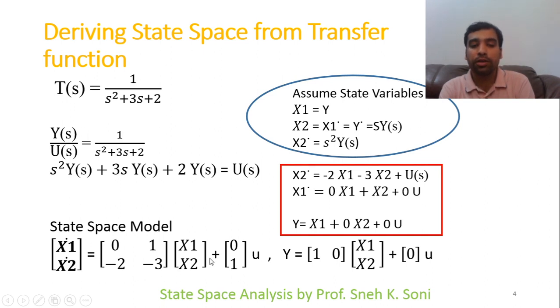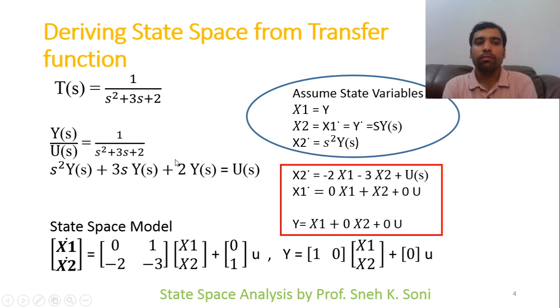This is my state variable equation. And after that, in the output equation, y is equal to x1: coefficient will be 1, x2 coefficient will be 0, and u coefficient will be 0. So after conversion, this is my matrix A with dimension 2 cross 2, this is my matrix B with dimension 2 cross 1, matrix C with dimension 1 cross 2, and matrix D with dimension 1 cross 1. Okay, so this is the state space representation for the given transfer function, right? This is the controllable canonical form representation.